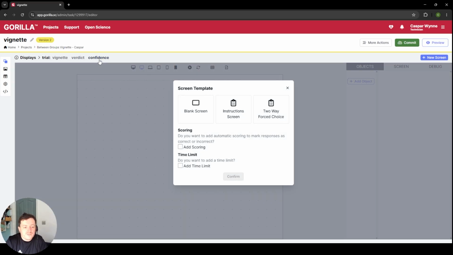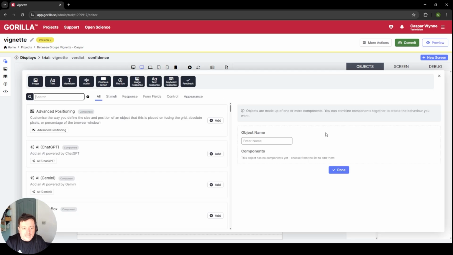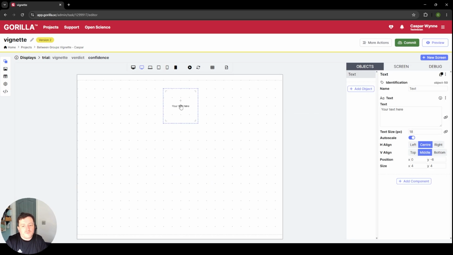Next up is our confidence page, and here we're going to use a blank screen again. Click confirm, and we're going to add a new object which is going to be text. So this is going to provide our participants with: please indicate how confident you were in your previous decision. Okay, or words to that effect. Make sure it's all ethically approved. I'm just going to call that